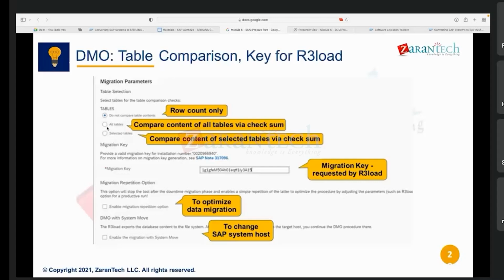R3 runs, these will be used basically. R3, yeah, good that you brought this topic also. So what do you do? R3 trans, what does it do? R3 load, what does it do? R3 load runs the new packages, whatever is coming into the system, and R3 trans deals with the